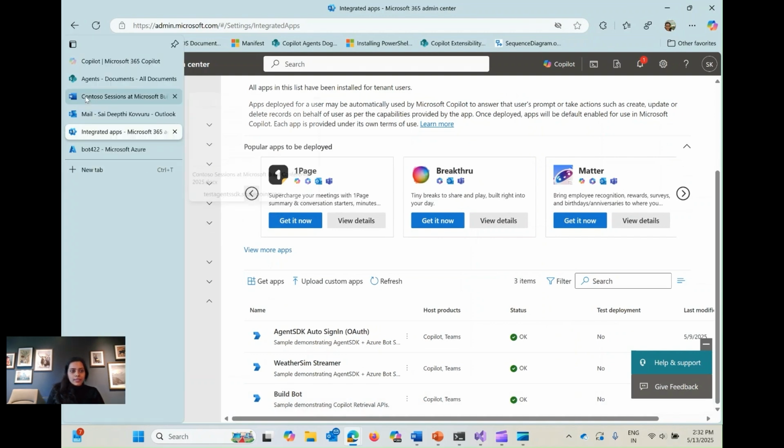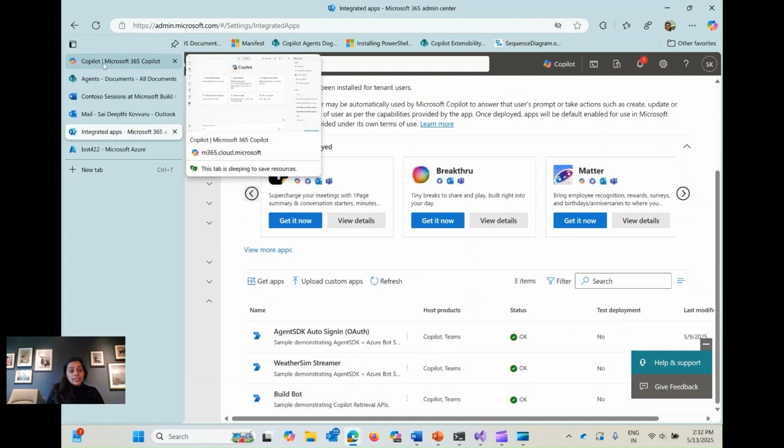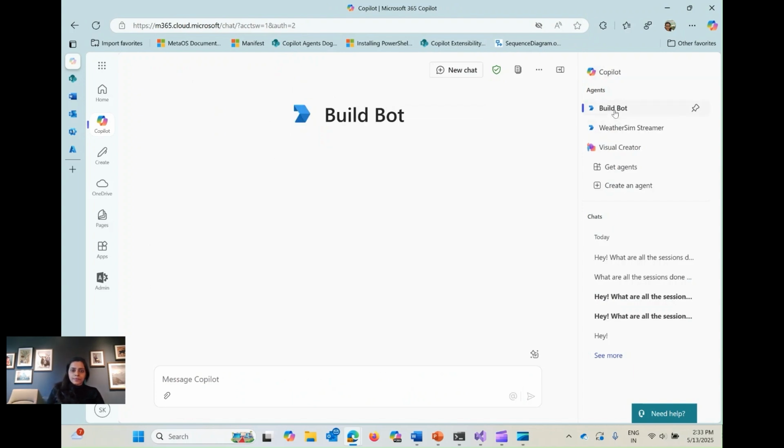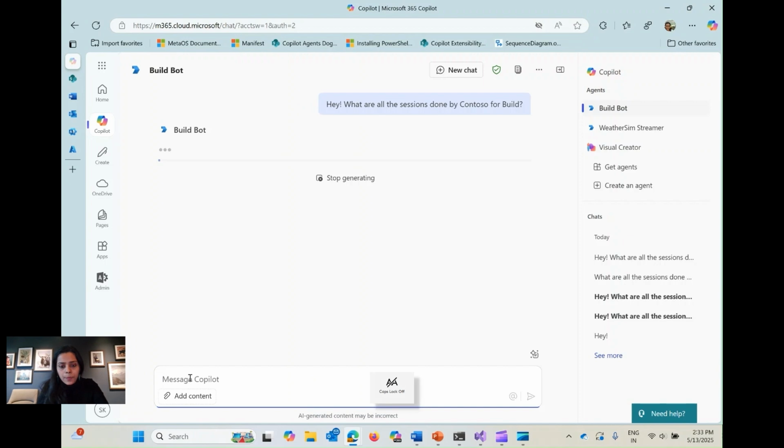Because of this, my bot is now available inside my Copilot on the right rail, like a declarative agent would be available. And let me quickly open this and ask it the same question that I was asking the bot in other places.